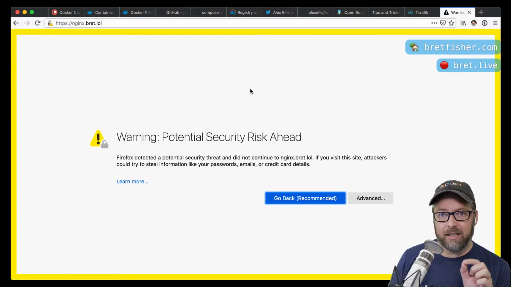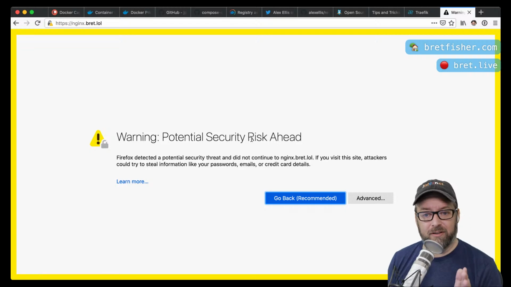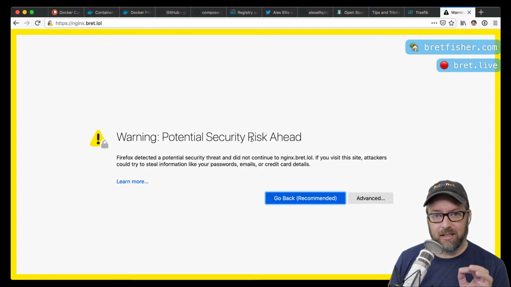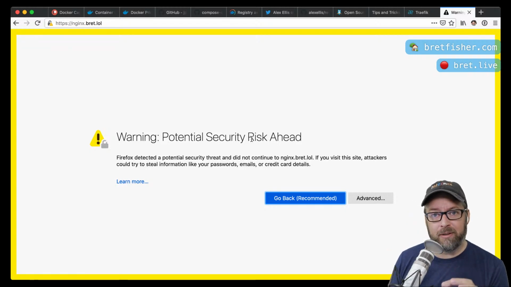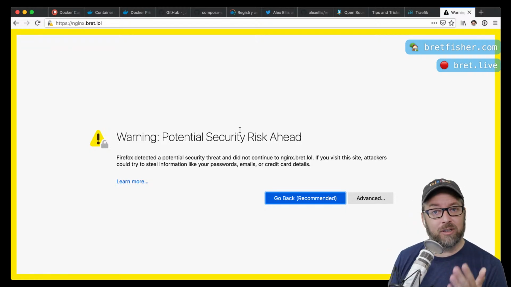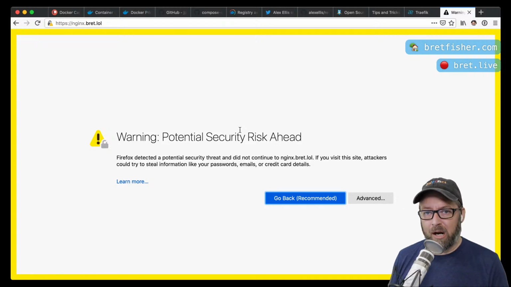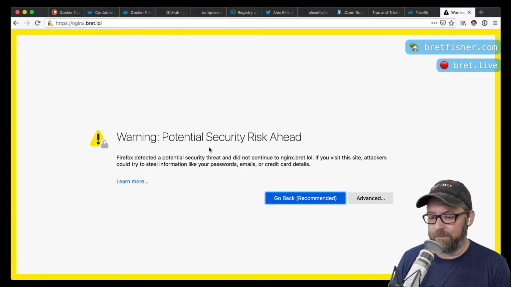Okay, now I'm in Firefox for the very first time. I've never used this in Firefox. I've done it in Safari and in Chrome and maybe even in Edge. But this is what would happen your very first time. And this is because I'm not trusting the certificate. And I'm sure all of you have probably had to add a certificate manually.